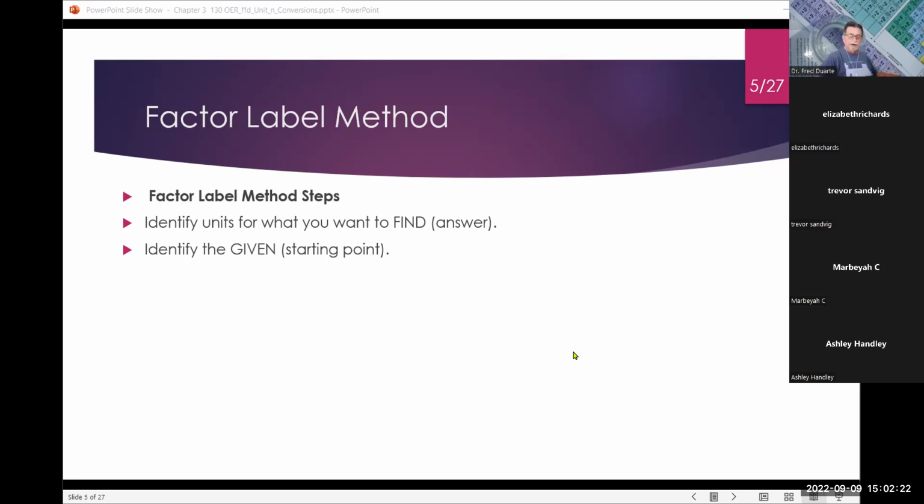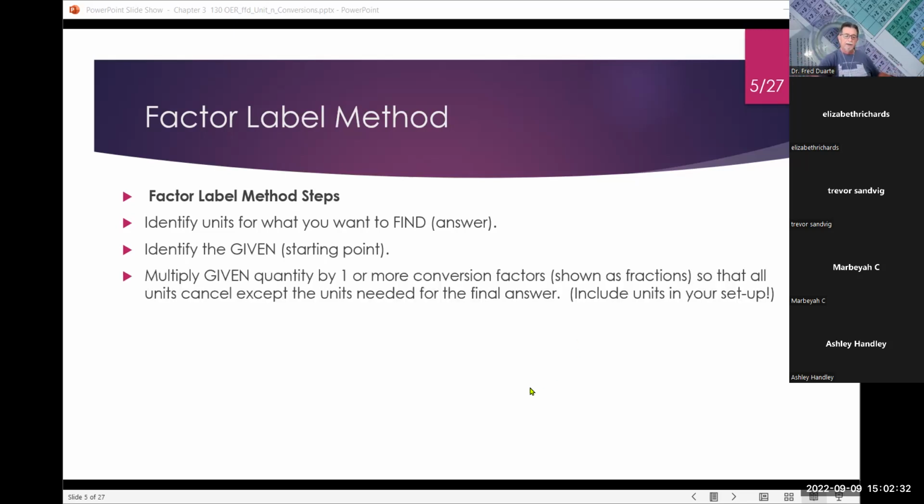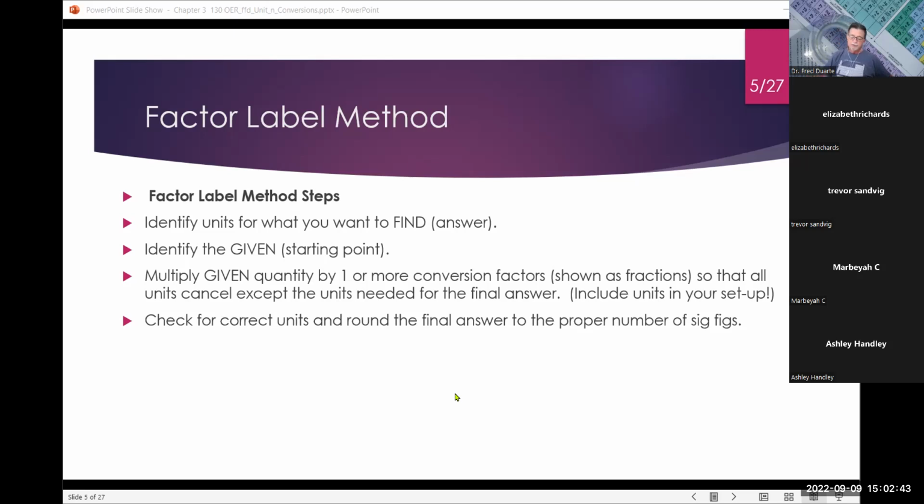And that helps you to determine what factors I'm going to utilize to get to the final unit that I need to get to. Okay. And then we multiply all these factors and set it up so that the units cancel out. Okay. Check the units and then make sure that the number at the end has the proper number of sig figs. And since we are multiplying, again, here, when we multiply, we're thinking in terms of,